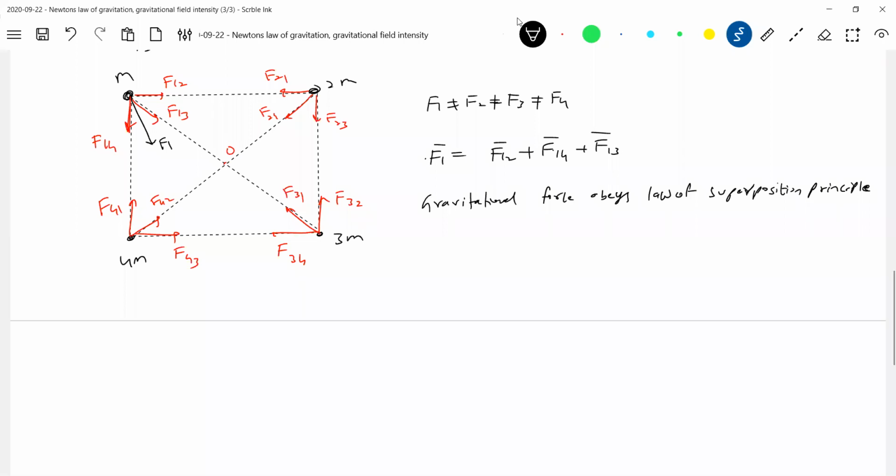Okay, this is about the field. Again, all these are field forces. Yes, all the forces F1, F2, F3, what all